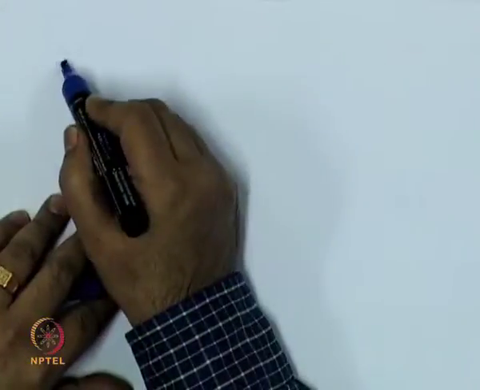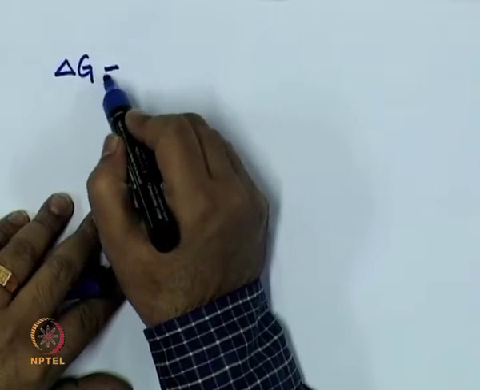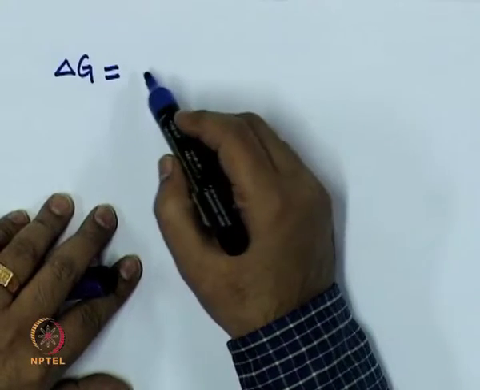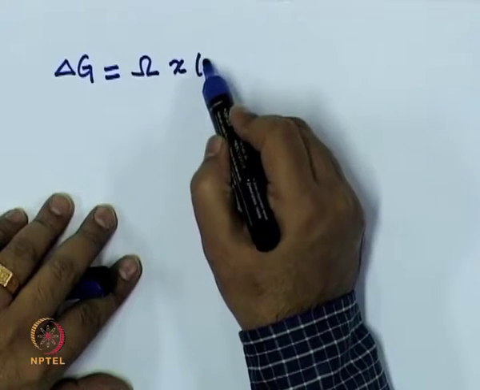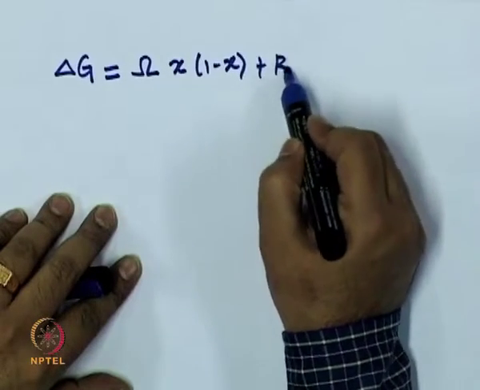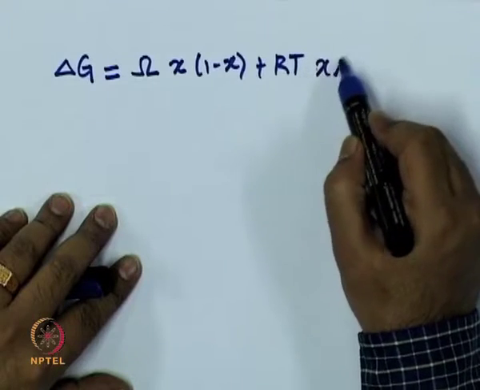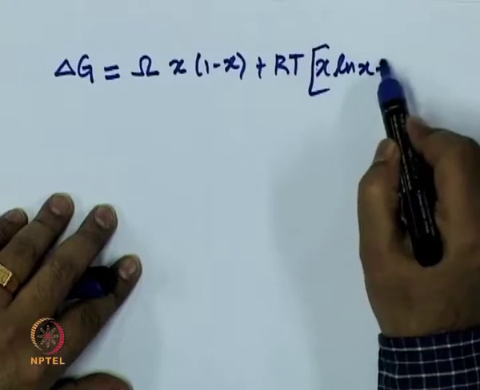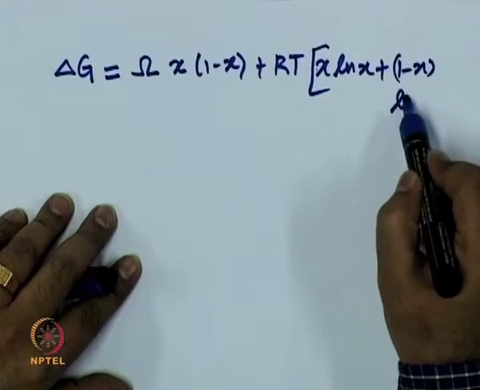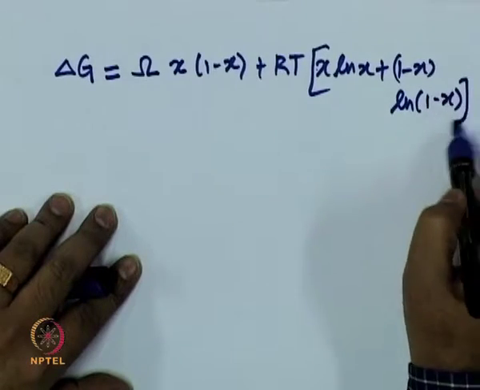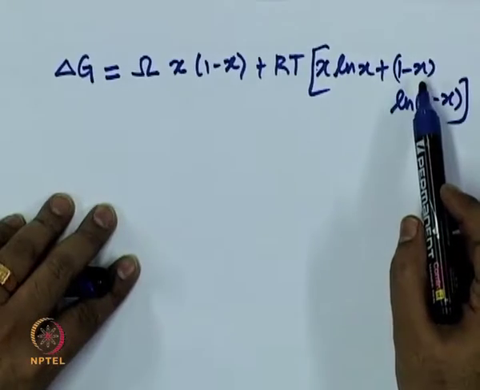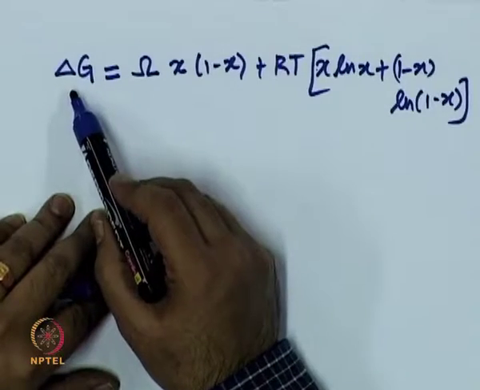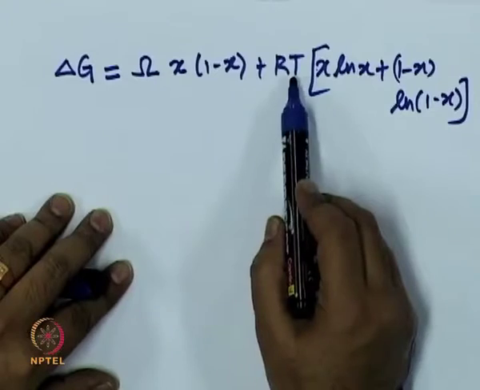Remember, we had the free energy expression, for example, the free energy of mixing for the regular solution as omega x(1 minus x) plus RT [x logarithm of x plus (1 minus x) logarithm of (1 minus x)]. So, what we did first was to non-dimensionalize this equation, because this is free energy, and so every term,